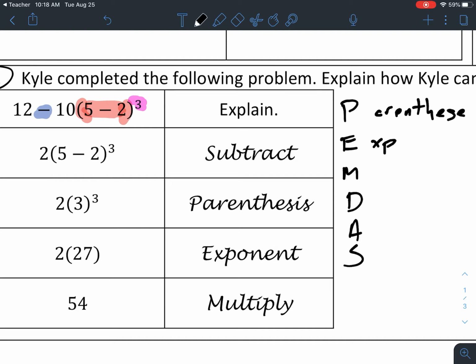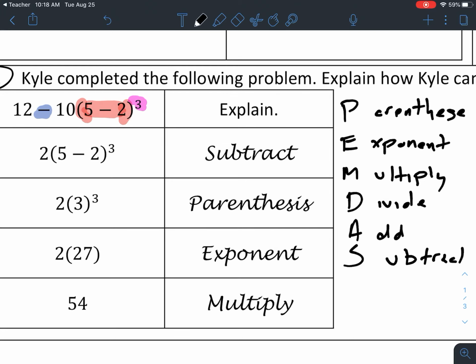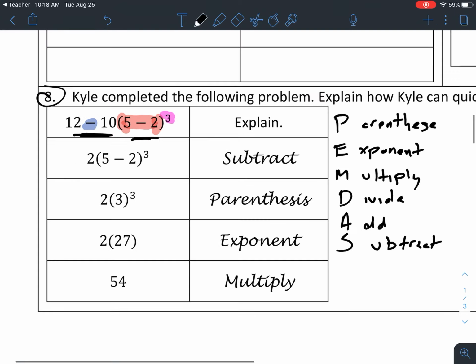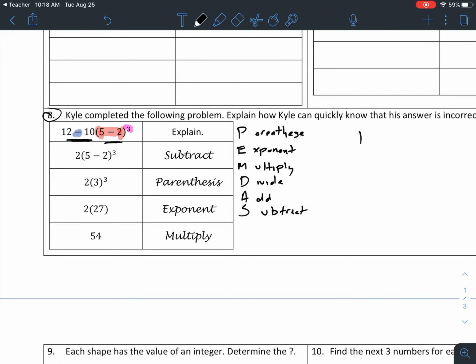Your exponent. Multiply. Divide. Add. Subtract. So he subtracted here before he even did the parentheses there. So right there, first step, we can just say here, first step